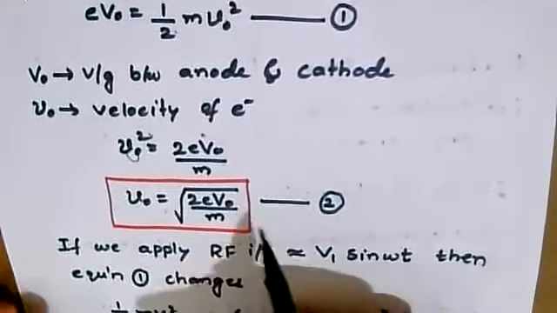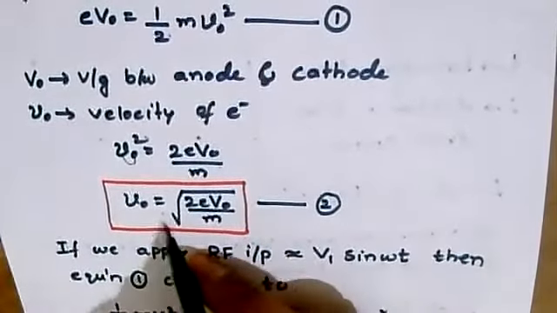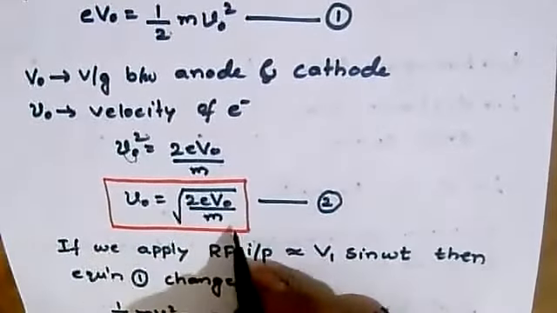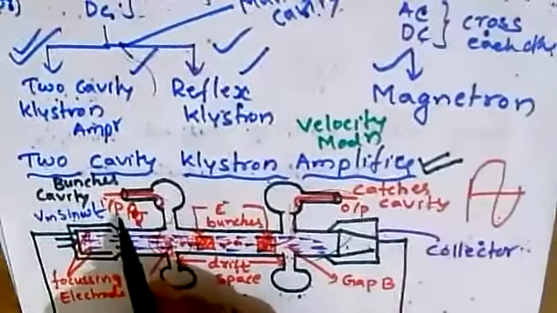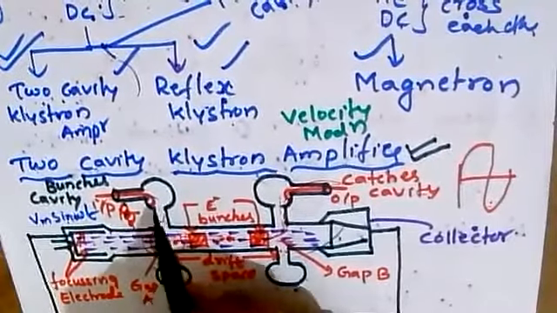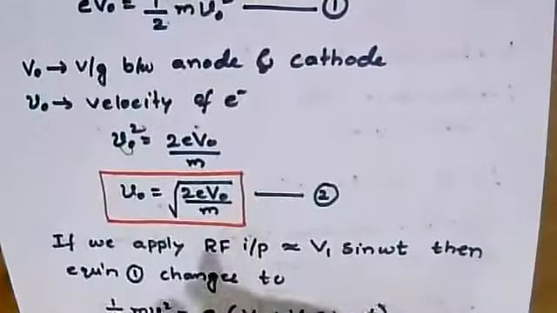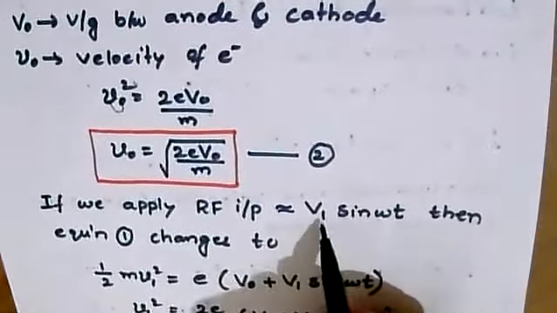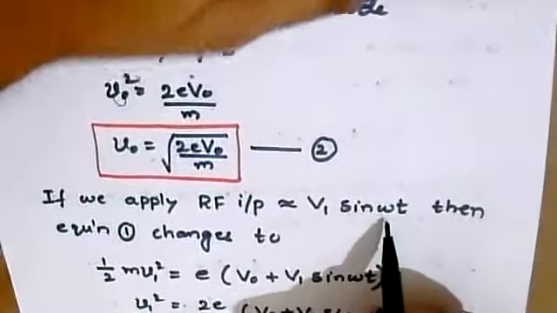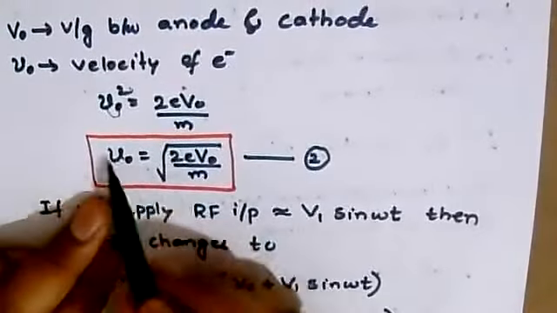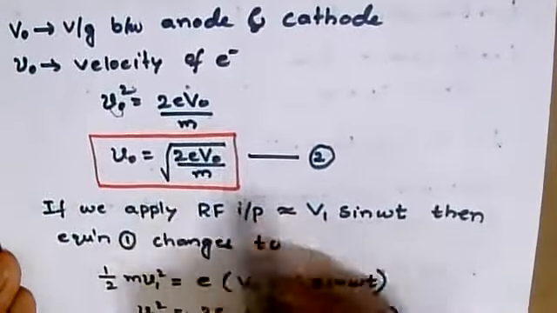Now we are applying an AC voltage, as you can see here, an AC voltage which is being applied. The AC voltage applied is the RF input, regarded as Vm sin omega t. So when V1 sin omega t, the RF input which is to be amplified, is applied, we have a change in the velocity. We have a change in this velocity when the electron beam is influenced by this RF input.